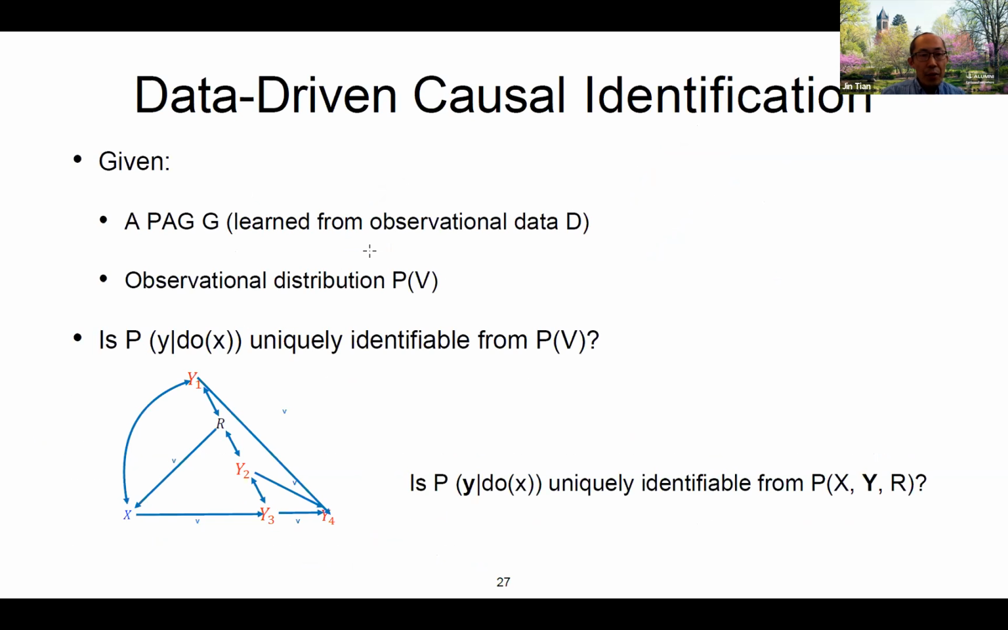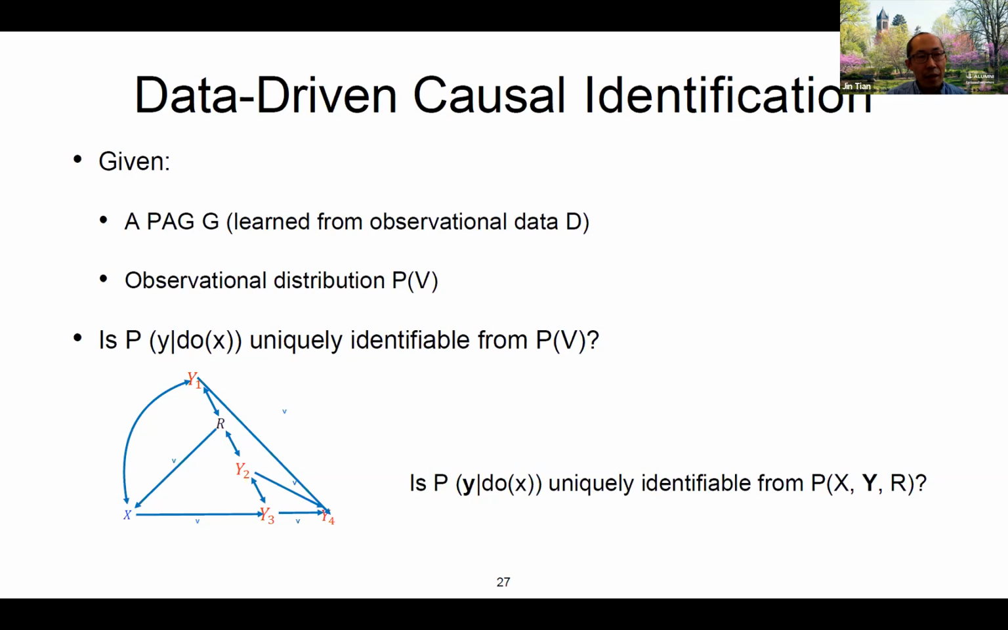Then if we assume that we have the PAG and we have the observational distribution, then the causal identification under this situation asks, is the causal effect uniquely identifiable from the distribution? If it's not identifiable from the distribution, it could mean that in the equivalence class,